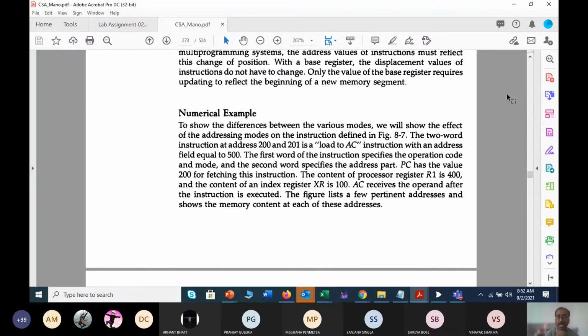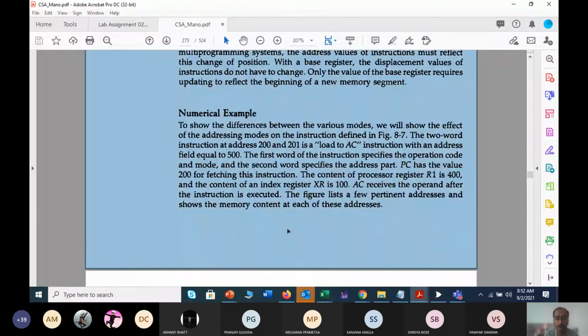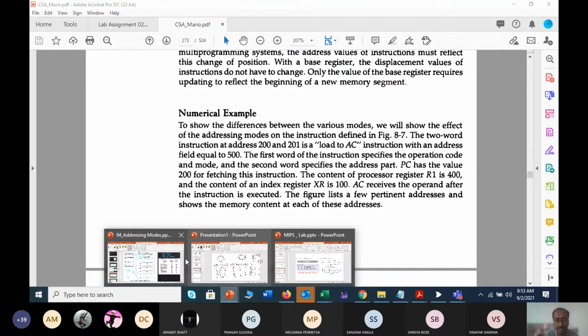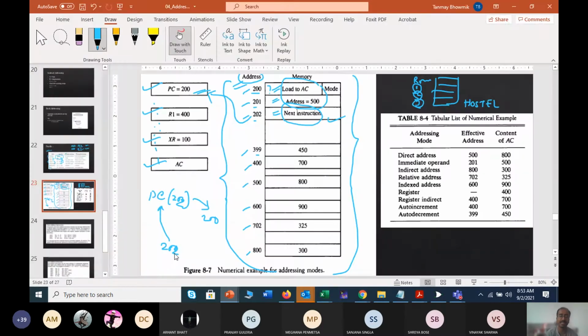Now the second one, it is clearly specified: the content of an index register XR, right? Index register XR is clearly mentioned. So when you go for index addressing or displacement addressing, only at that time your index register will work, because we have seen that in displacement or index addressing, an index register is used to store some value, and that value is added to the offset part.